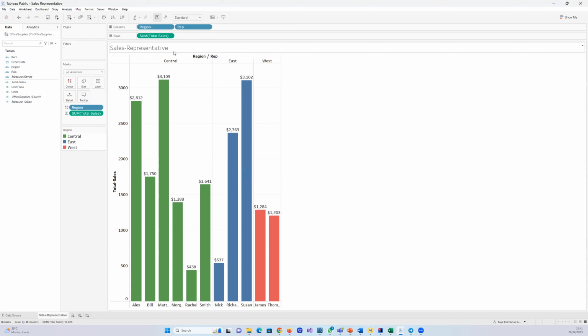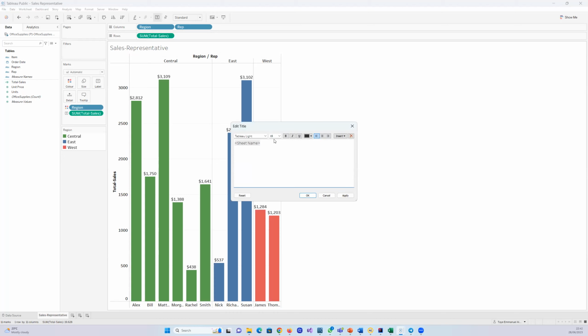You see that it automatically changes here as well. We can do a bit of formatting here: if we click on this drop down, edit title, we can